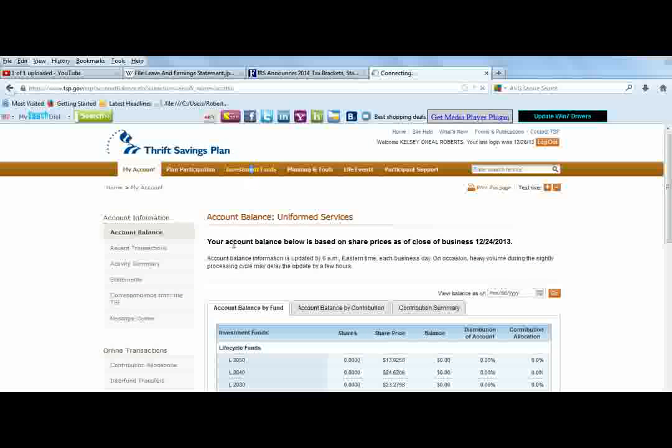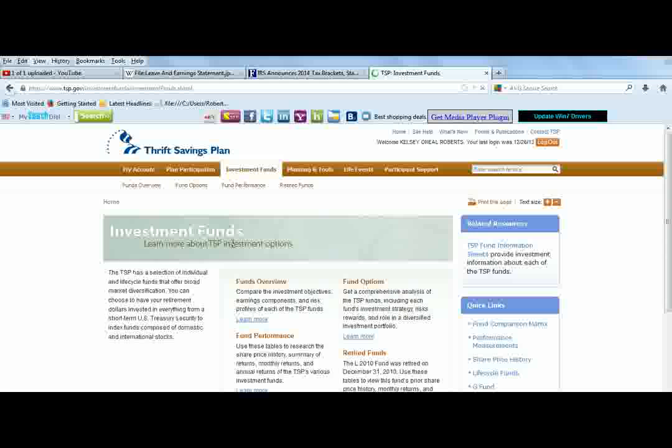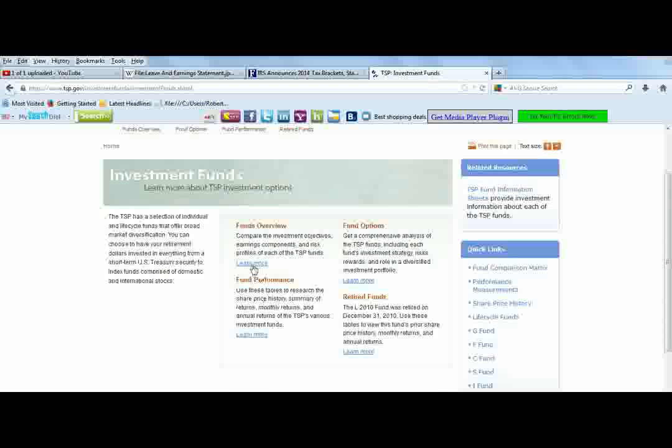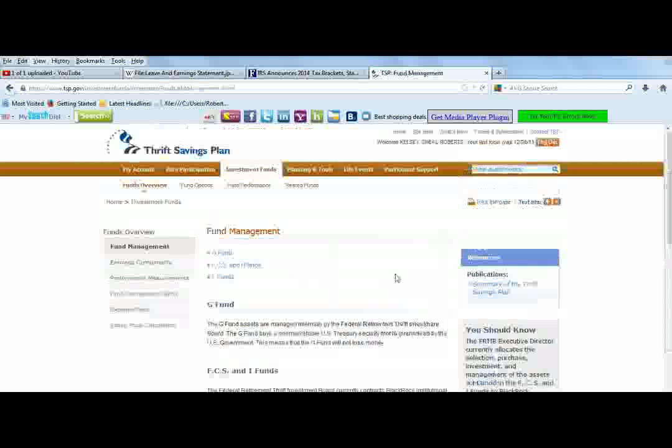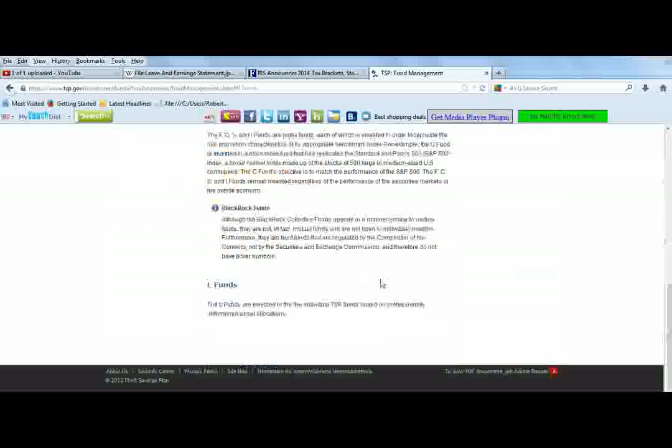Now we talked about the G fund, the C, the S, the I. Now I want to talk about Lifecycle Funds. And you notice that I move mine around and I put mine where I want them to be. Well, a Lifecycle Fund is